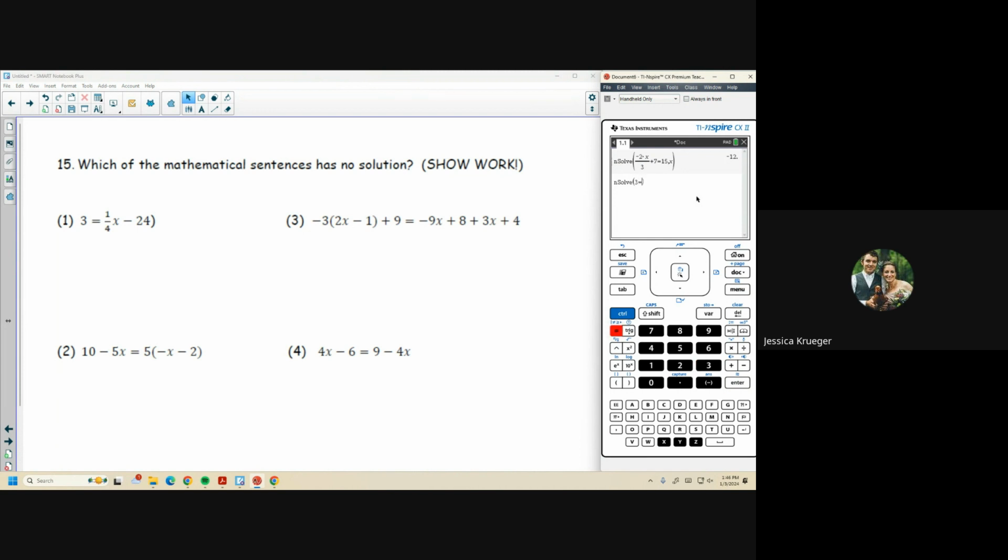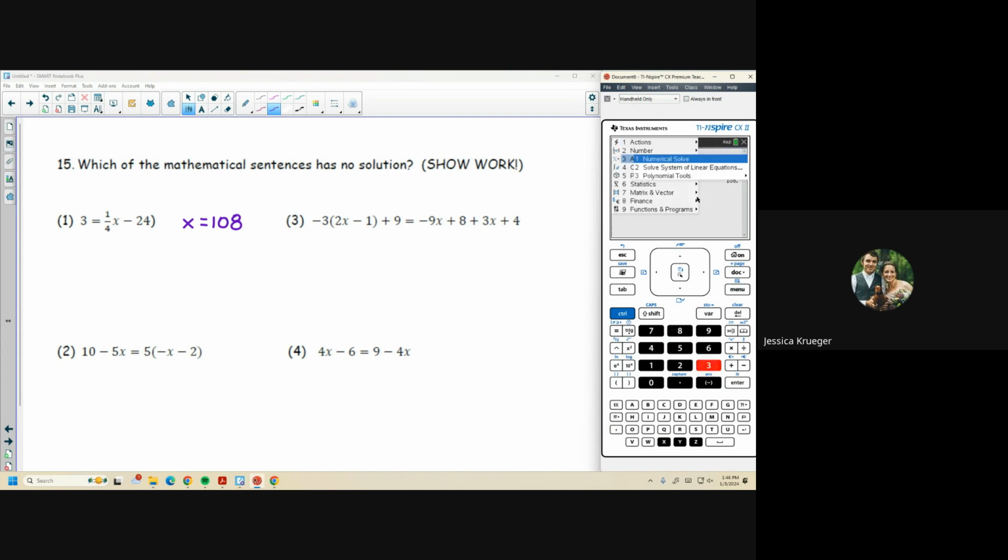3 equals 1/4 x minus 24. And don't forget, tell it comma x. It wants to solve for x. The solution to this is 108. Choice 2. I'm going to go back to menu,